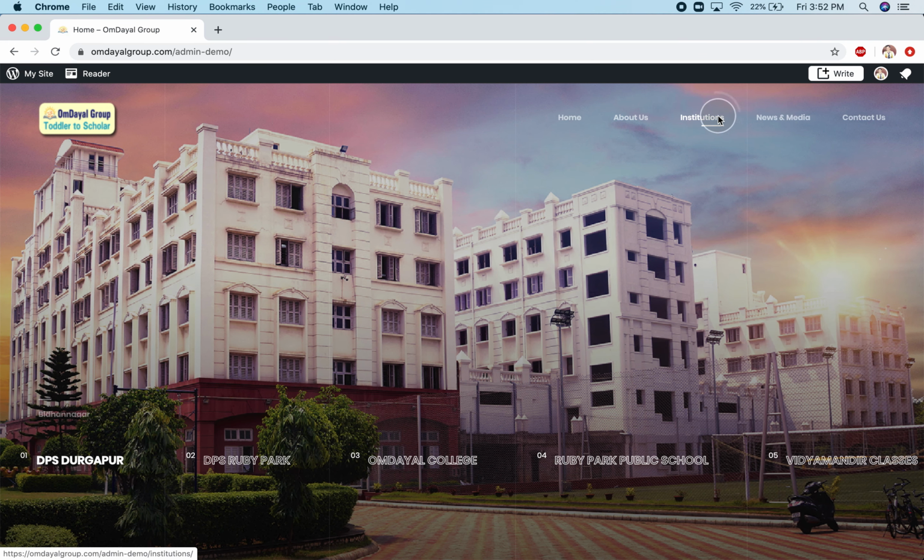Now look at the institutions. The institutions page currently has nothing here, but I can imagine this being a portfolio where all the different brands under a parent company are highlighted. And once hovering above them, just like the home page, one can see information and then click on them to further go into the particular institution page.